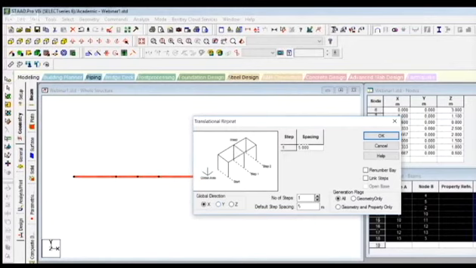So I'm choosing y direction. Then there is one thing, how much spacing you want between two such structures. I'm considering it as 3 meters. How many steps you want? How many steps means how many repetitions you want to have. I'm giving 3 repetitions.